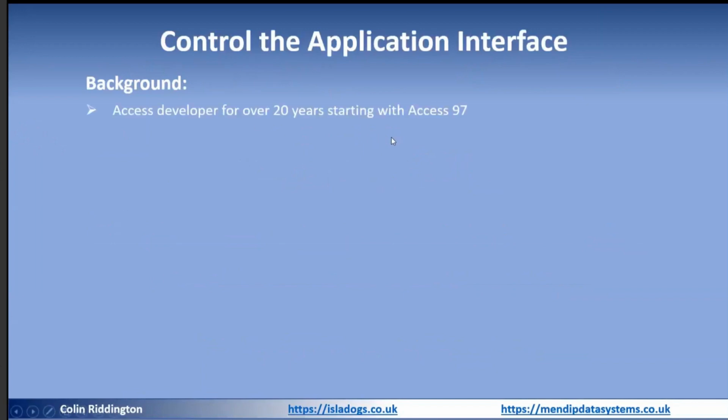A little bit about me anyway. I may have said some of this in a previous presentation, so I'll whiz through this quite quickly. Like most of the people here, I've been developing in Access for over 20 years. I started seriously with Access 97, and I have copies going back to Access 1.0 as well. For most of this time, I was teaching in secondary schools in the UK and had responsibility for data analysis both in my local school and eventually across the area.